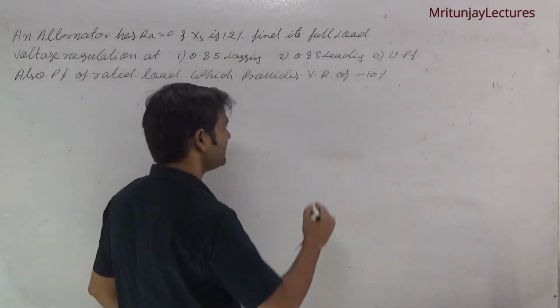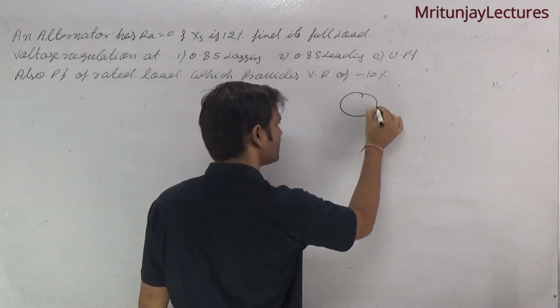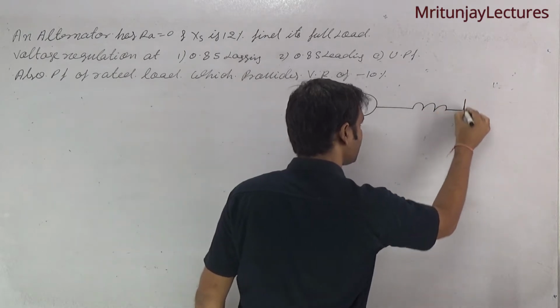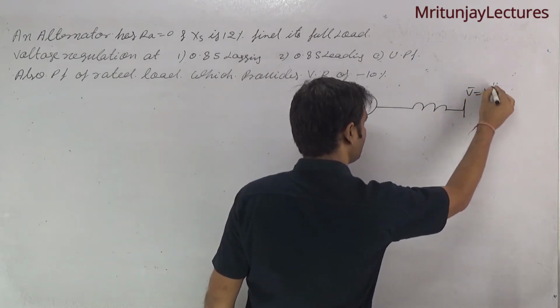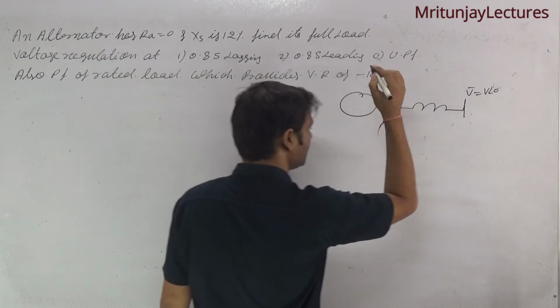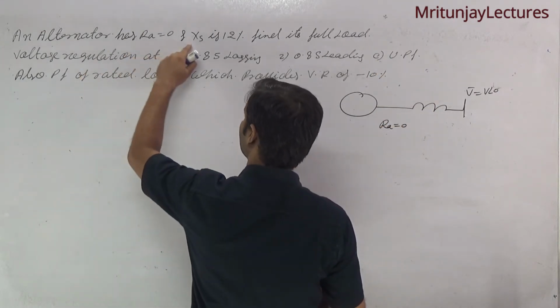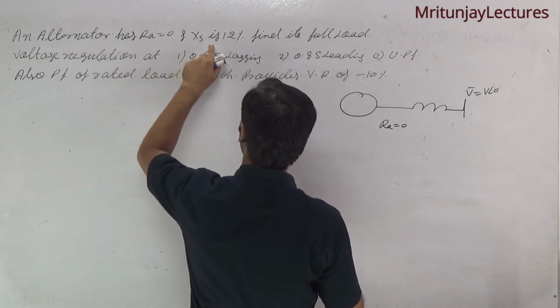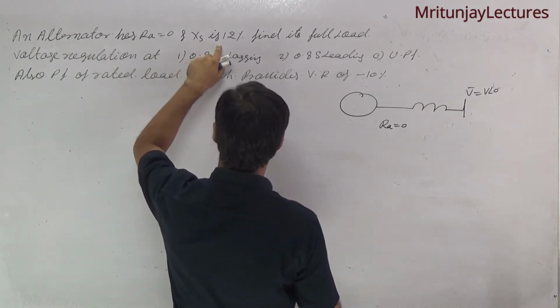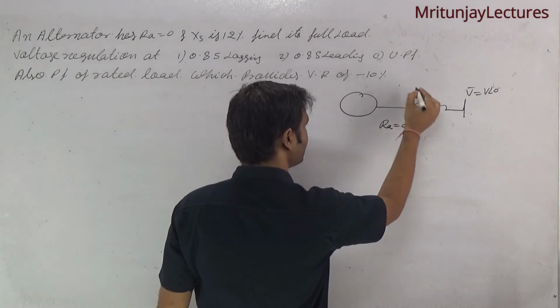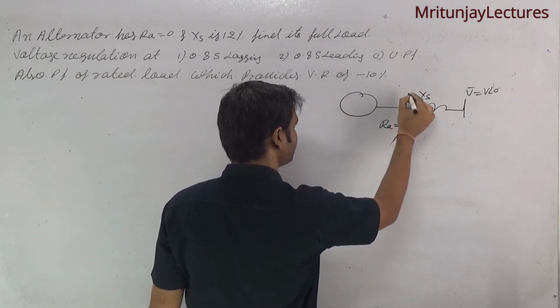This one is a synchronous generator, so make it like this. And this one is V, the terminal voltage, written like this. Armature resistance Ra is equal to 0, and synchronous reactance X is 12%. So, corresponding to the question,